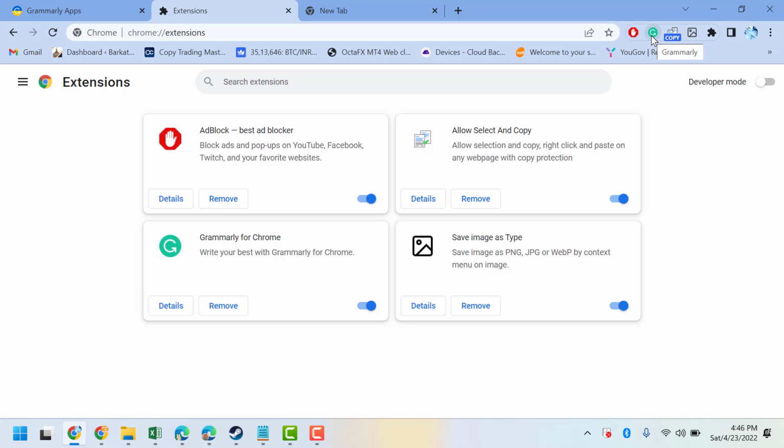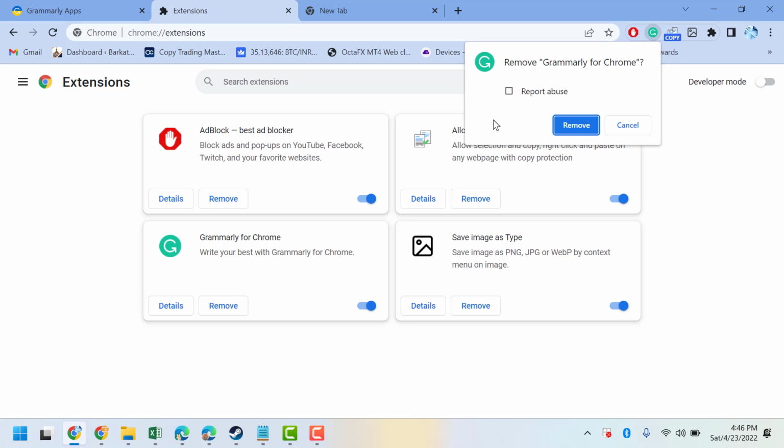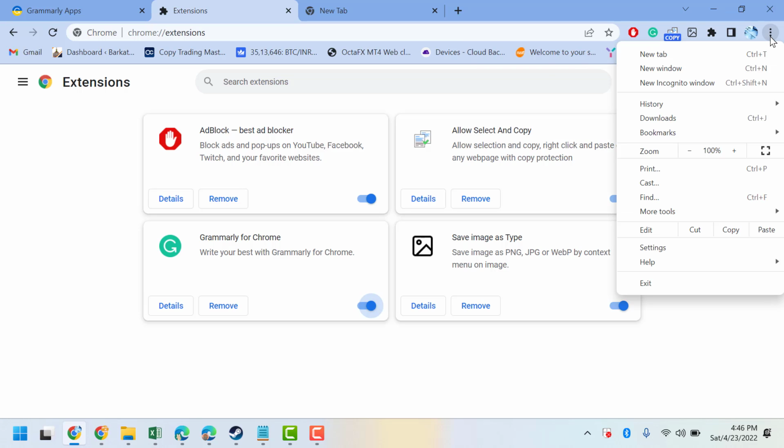right click on this Grammarly icon and click on remove from Chrome. It will ask permission, remove Grammarly for Chrome. Click on remove. And another method, click on this three dot, more tools,